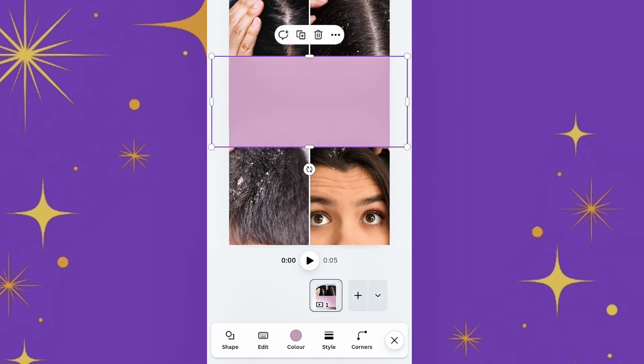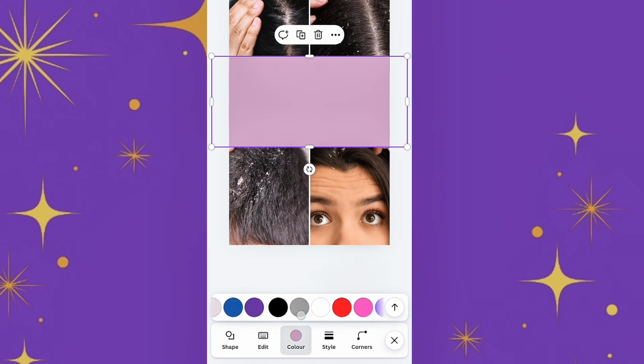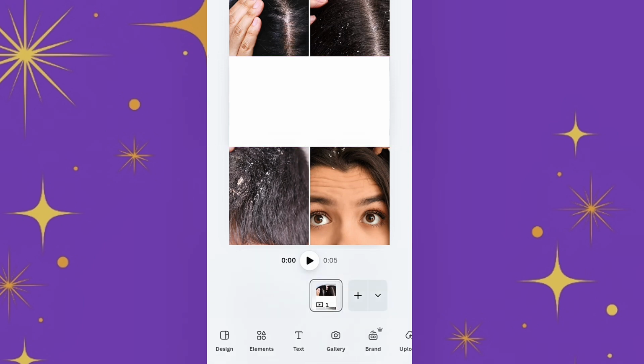Then the next thing I'm going to be doing is changing this color to white. Down here, this is where you see your color background. Once you click on it, you select a white background, or the color of your choice for your design. After you have inserted your shape and selected the color you want, the next thing we are going to do is